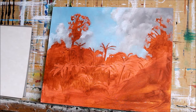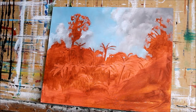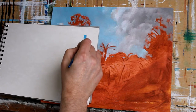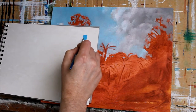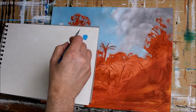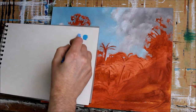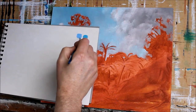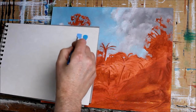Right, so I'll just show you the difference here. This is cerulean blue, and this is cobalt blue. So you can see how cobalt blue is probably more of a sky blue. It's a lot warmer